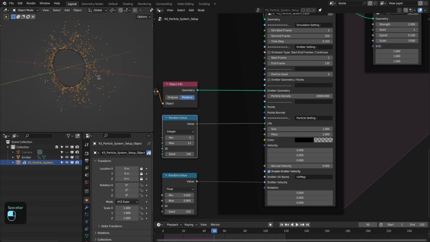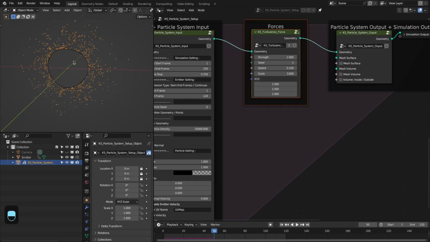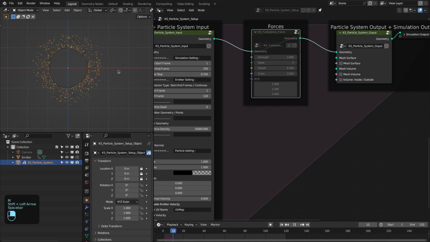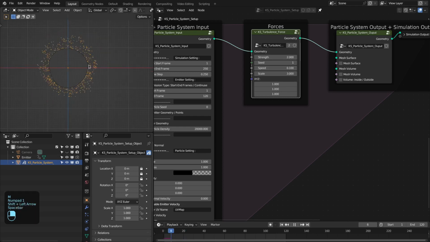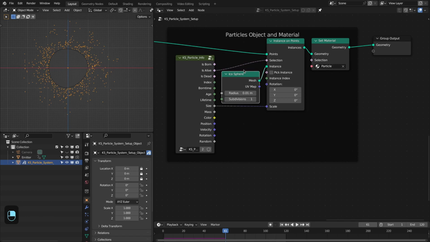So we have this, and then I'm using this turbulence force to add structures to this particle. Let me mute this. See, they are mostly uniform. If we enable this, it's going to add some kind of structures or clumps to these particles. So we have this basic setup, and after that here we're going to delete this icosphere and we're going to